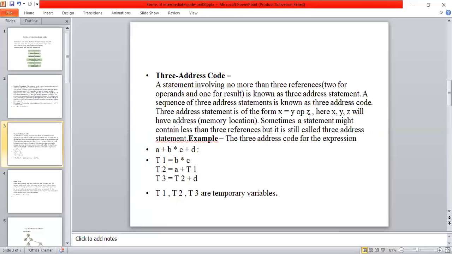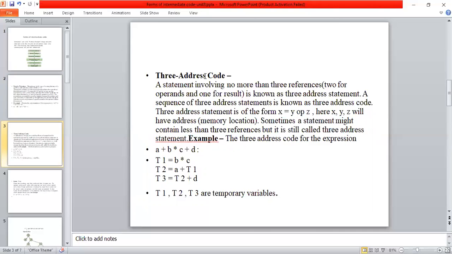For example, if I have an expression x is equal to y operator z, here I have three addresses. To hold the value of x I need one address, to hold the value of y I need another address, and to hold the value of z I need another address. So I need three addresses to hold all three variables.